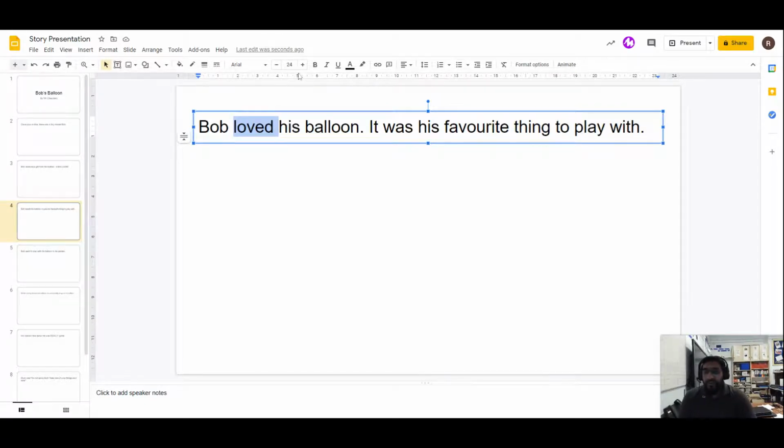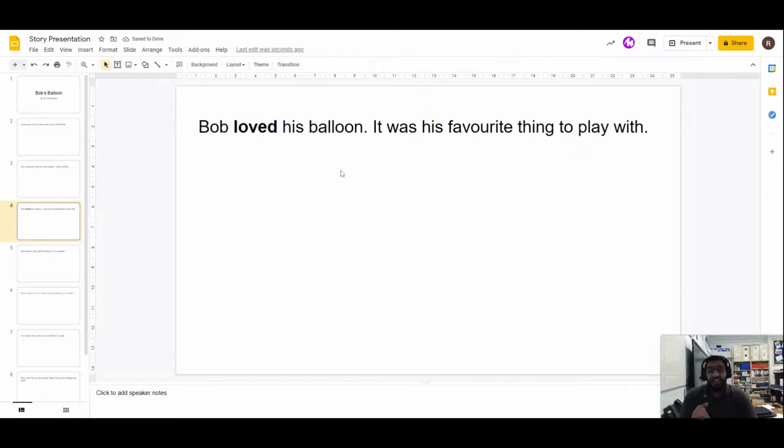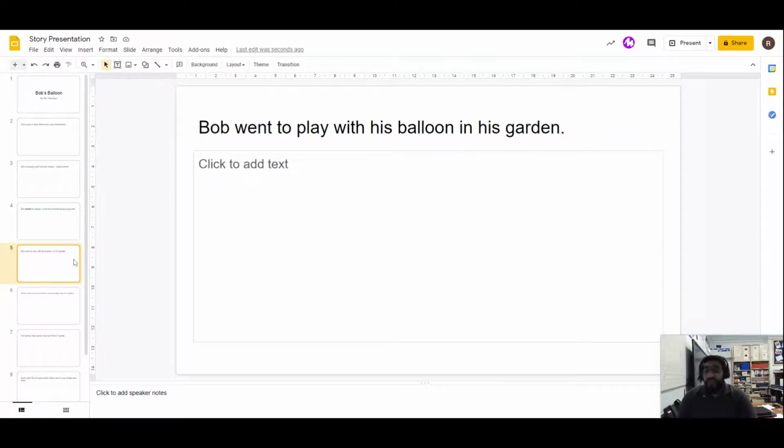So at the top, where we are able to change things to do with our font, so I can change my font style, the size, I'm going to click on the bold, and that's again made it thicker, made it more bold, and adds a bit of emphasis. Bob loved his balloon. It was his favorite thing to play with. Bob went to play with his balloon in his garden.